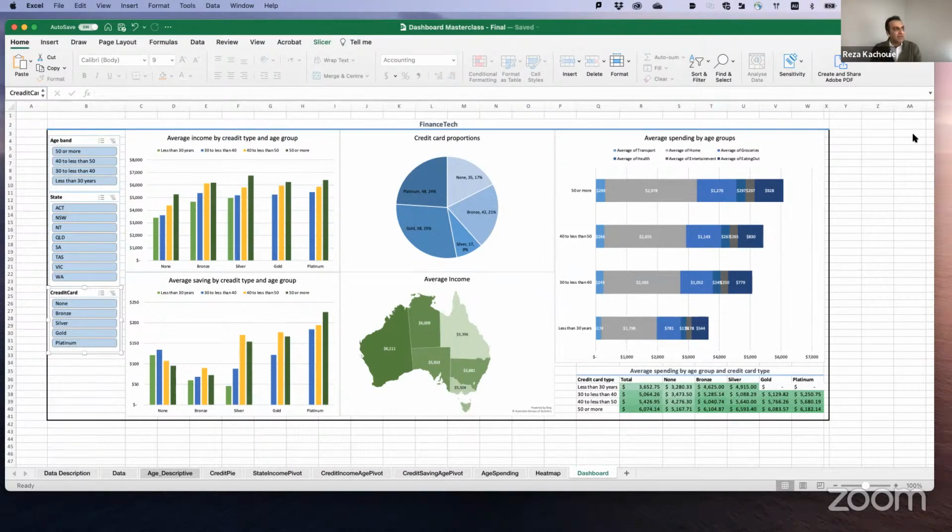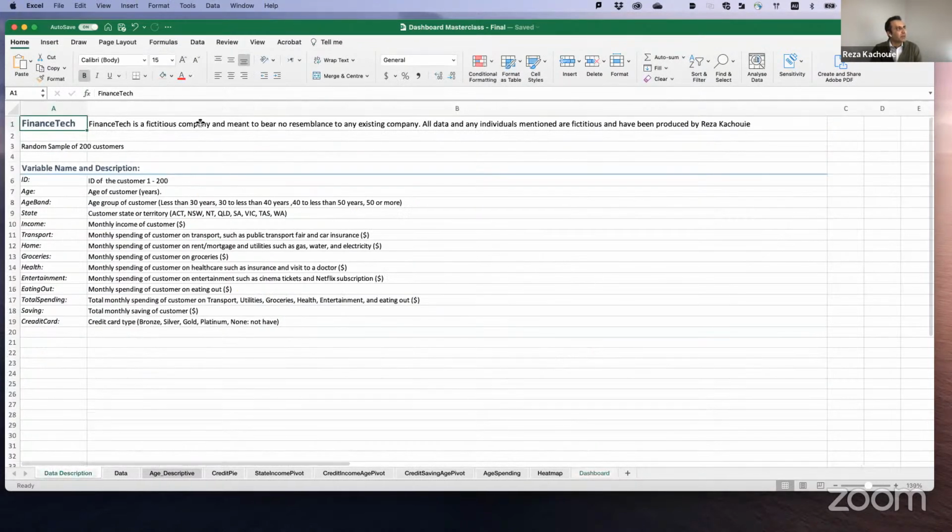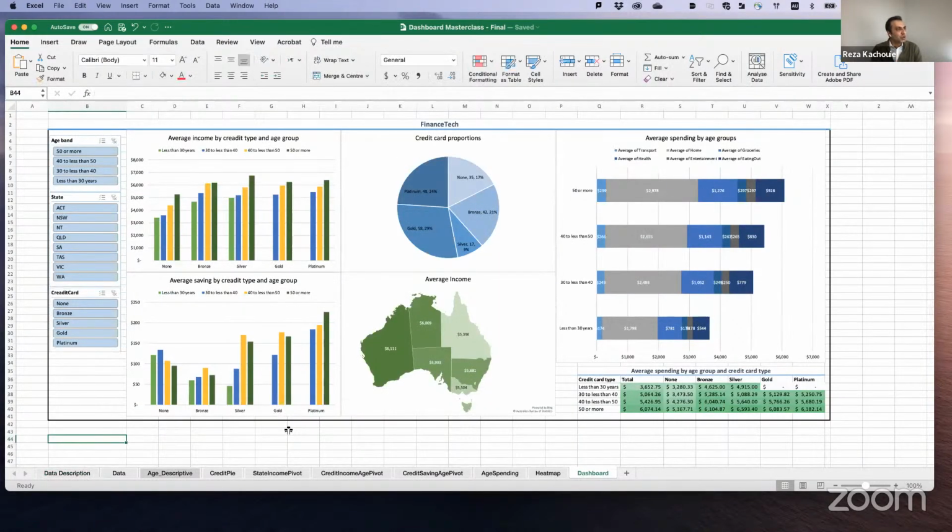But again, if you use something, you can see that here I have put something saying that this data is created by me for the purpose of this dashboard masterclass. Below your dashboard, you can put the source there, saying that this picture is copied from there. But again, it is up to you if you want to keep it. We don't have a reference list for this assignment or for any other assignments. We are not referencing anything.